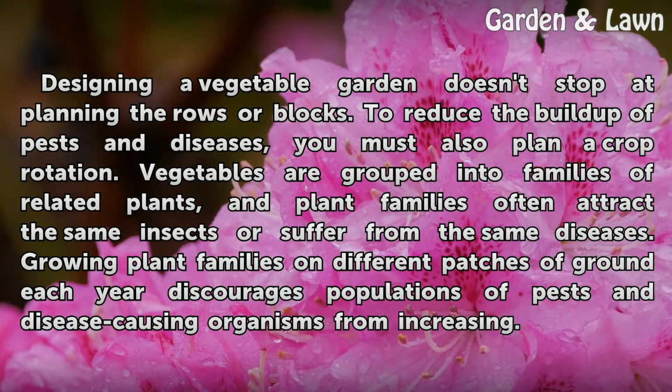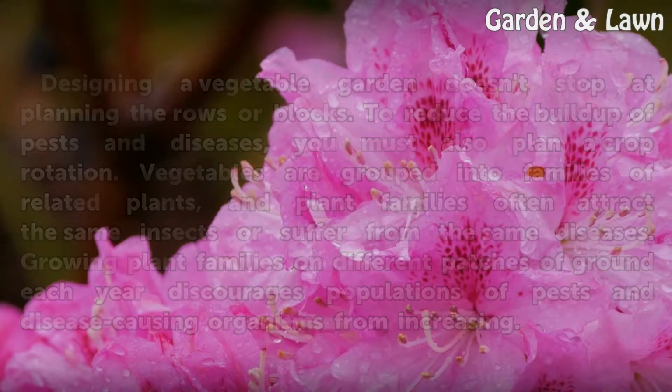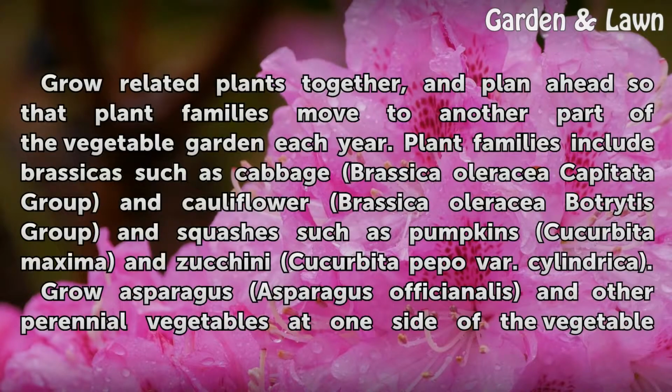Vegetables are grouped into families of related plants, and plant families often attract the same insects or suffer from the same diseases. Growing plant families on different patches of ground each year discourages populations of pests and disease-causing organisms from increasing. Grow related plants together, and plan ahead so that plant families move to another part of the vegetable garden